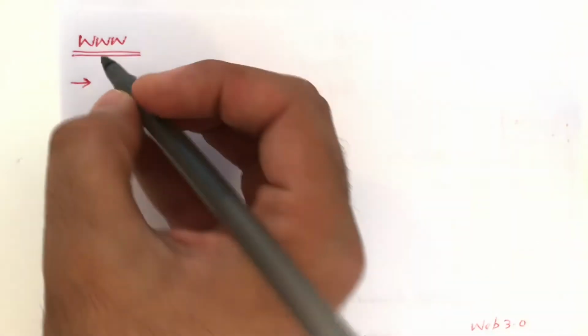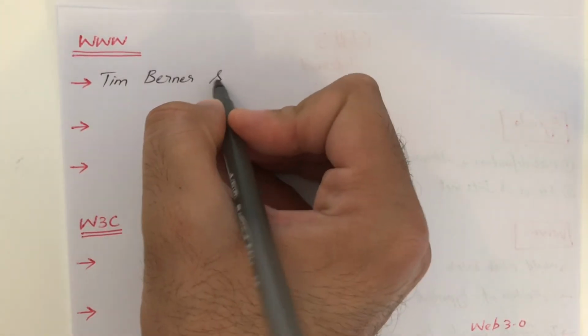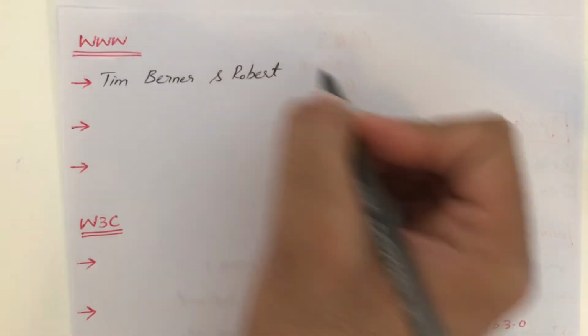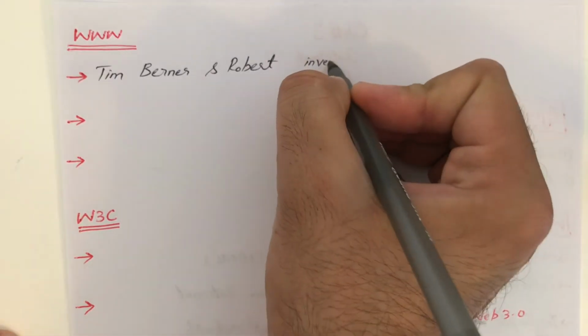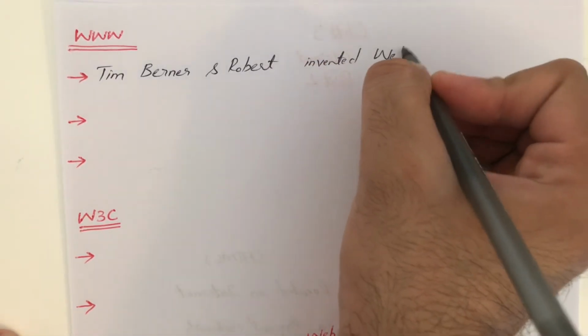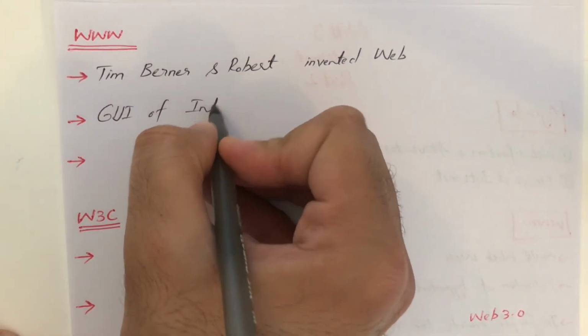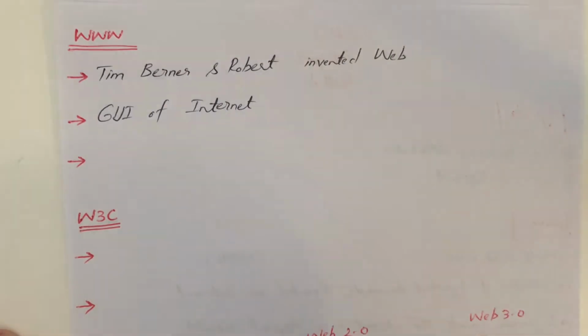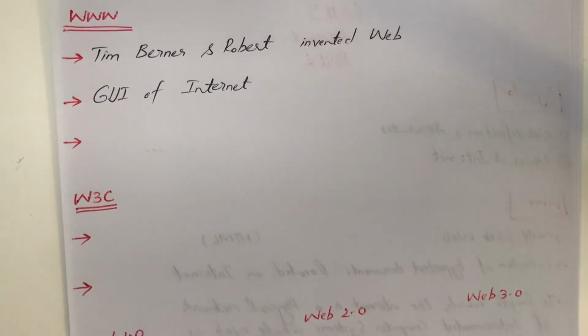The idea of GUI was basically adapted in web. In the web, there were two scientists. One is Tim Berners and second Robert Calloy. So these two scientists invented web. And what is web? Web is nothing but the GUI of internet. Whatever is stored on that particular server, the website provides an overview, so you can see what is located on that server.